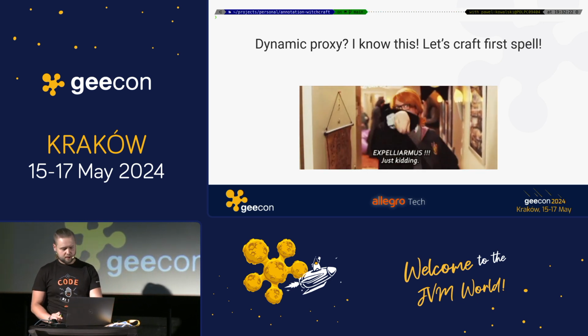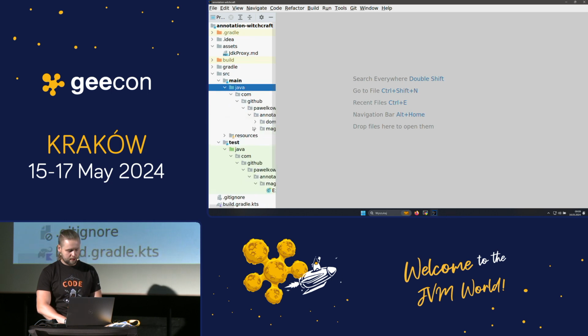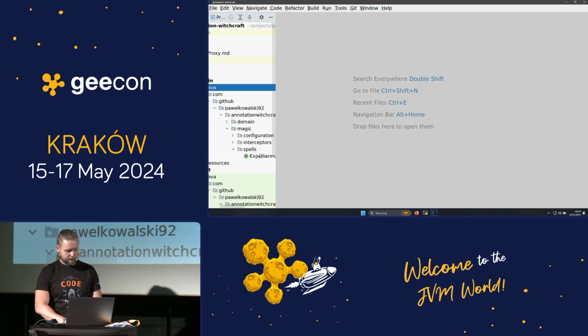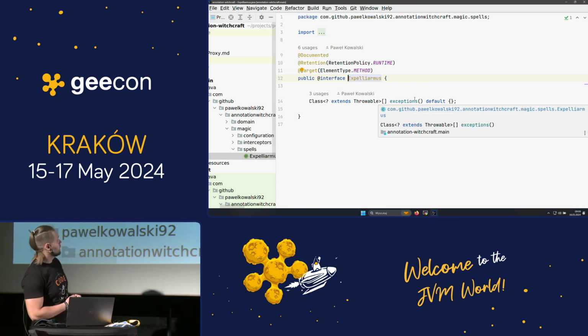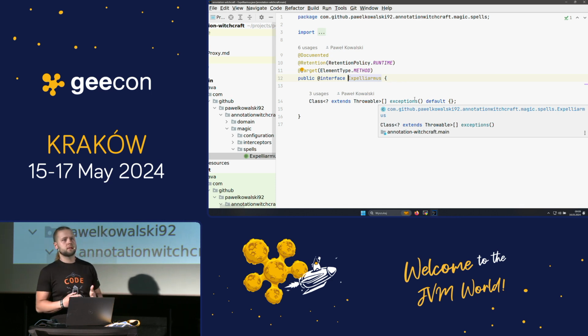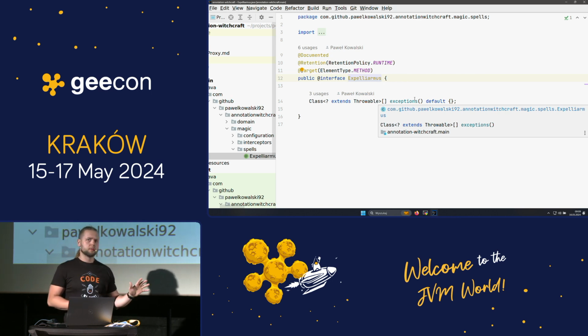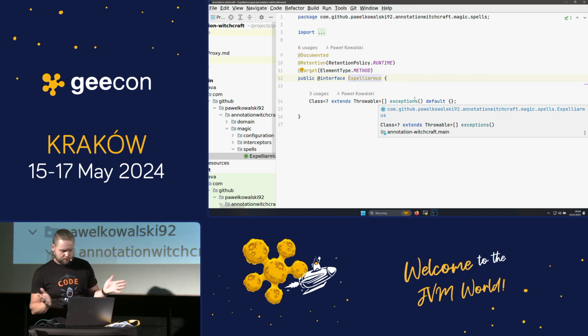And in our code, I've prepared this spell in the form of annotation. So we've got this Expelliarmus spell. In our JVM world, it will be used to disarm a function from throwing an exception. So in case our function is unable to complete the execution and wants to throw an exception, we can use this annotation to tell it, no. No exceptions here. I want a null, for example. I know we usually do the opposite, but this is just for